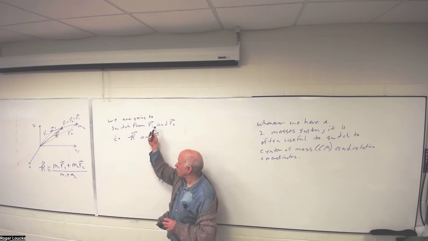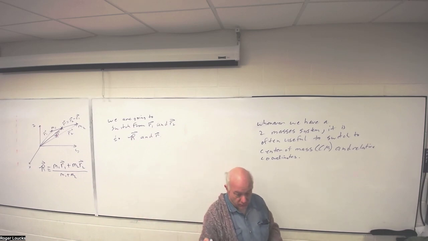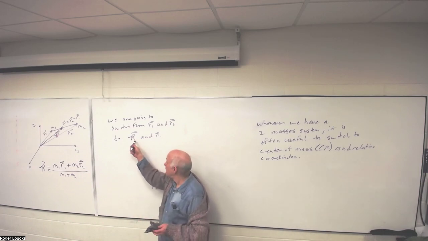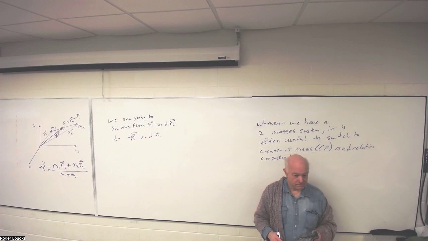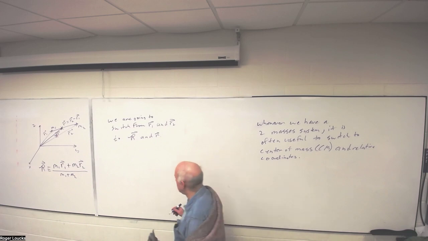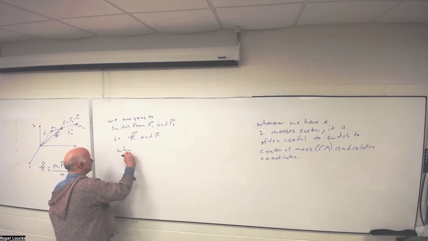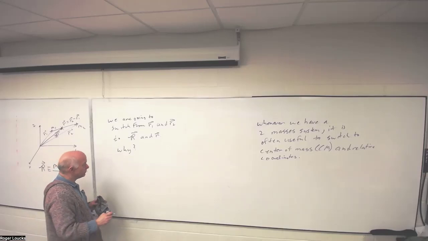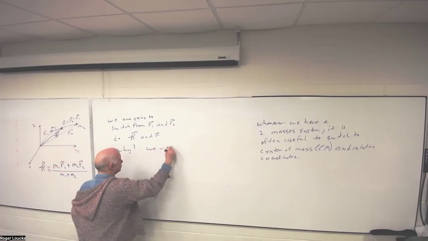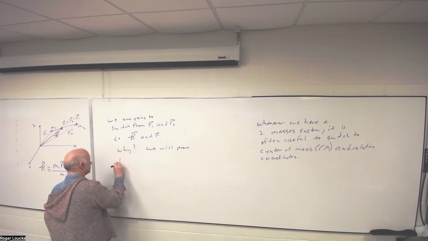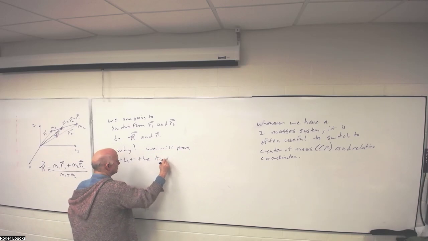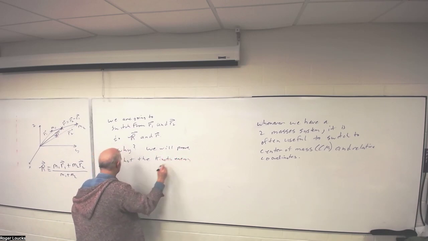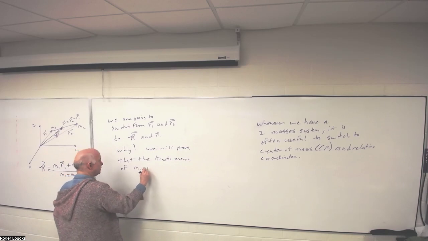So instead of using the R1, R2 positions for each of the masses, we're going to switch to the center of mass coordinate and the relative coordinate between the two. I could ask why. Here's why. We will prove that the kinetic energy of M1 and M2